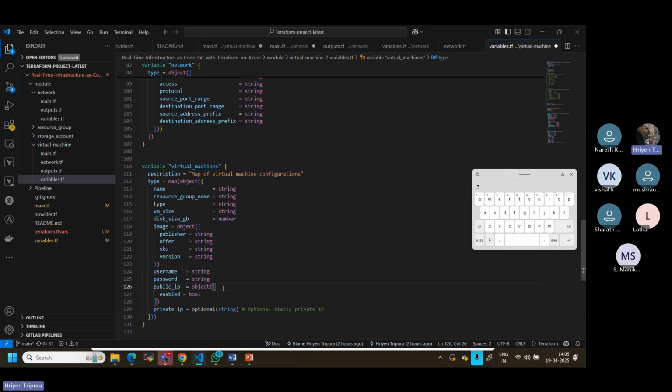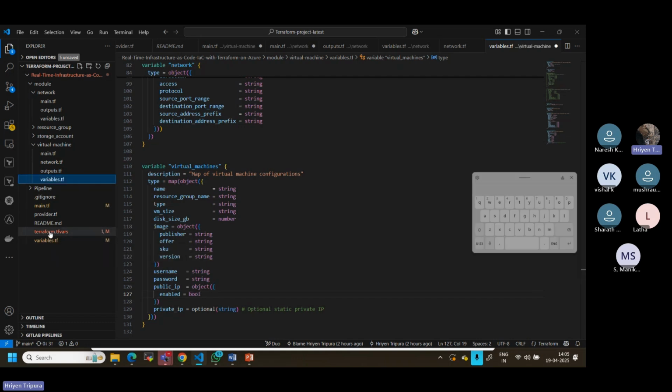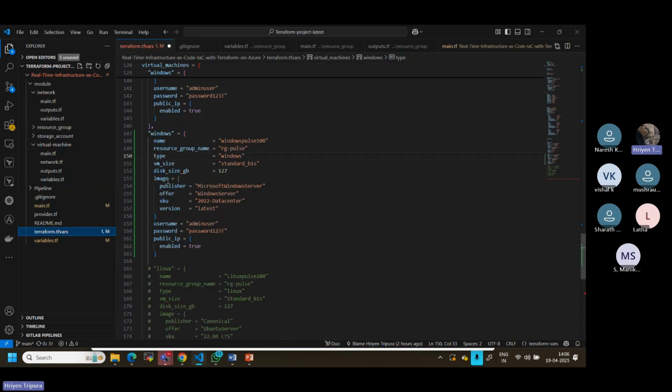How are you going to make sure it should be created, and based on what condition should you define? This is the reason for what I'm doing at each VM level. I have given the object as a boolean, like a public IP, and within the boolean I gave a value. So this value I have passed. That means if you go to the tfvars file and look at each VM, you can just notice here,